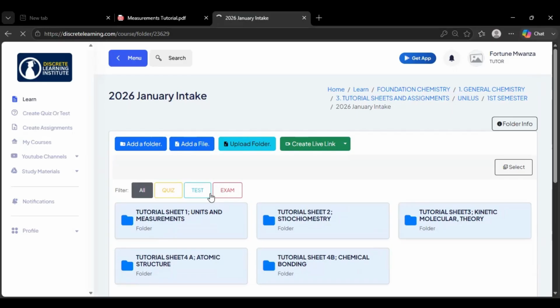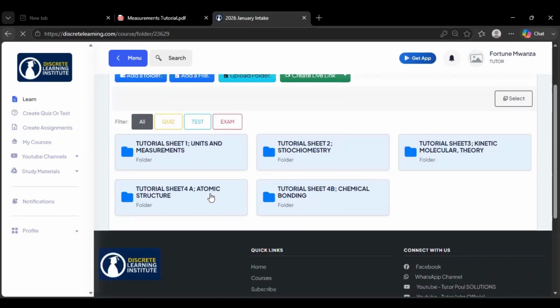Also, the past papers. At some point, you also need to go through past papers so that you are familiar with how questions are going to be asked in a test or an exam. Let me check the folder. There's also a folder written quizzes, past papers, and exams. I think we've solved questions from 2025 down to 2022 there. We also had a session with you last semester so that we also solve the